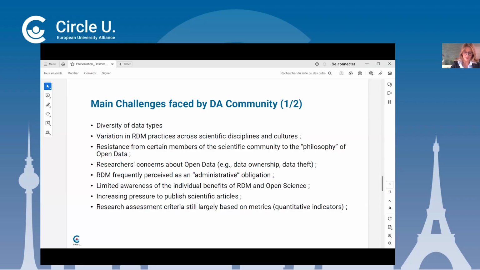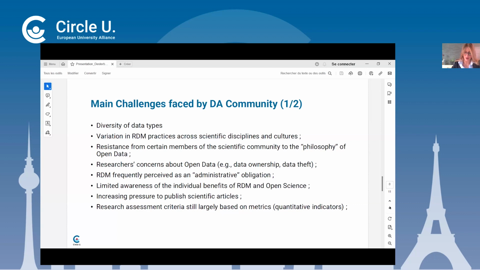And in its awareness-raising activity, the community of data ambassadors sometimes also encounters resistance to the open data philosophy from certain members of the scientific community. So this really requires a cultural shift. Some researchers also have concerns or fears about open data, particularly with regard to data ownership,